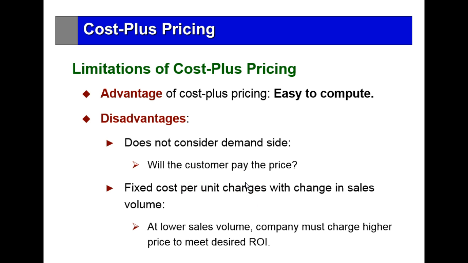So we know that when we're dealing with fixed costs, we're estimating 10,000 units as a volume. But what happens if we up it to 15,000 units? That's going to reduce our fixed cost per unit, won't it? Right? And what happens if, instead of producing 10,000 units, we produce only 5,000 units? It's going to increase our fixed cost per unit, won't it? Fixed costs are constant, but based on the unit volume, it's going to increase or decrease per unit.